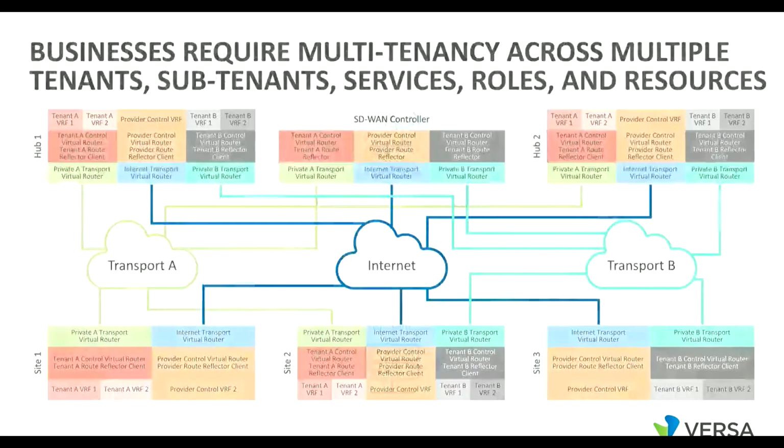If we look at what a true multi-tenant might look like, you would partition each of the devices in a way that the individual tenants wouldn't be able to see the other resources. And that would be whether it's at the aggregation layer or whether it's down at the branch layer or whether it's in the management layer. And it includes the ability to use different transports and even be able to do different overlays.